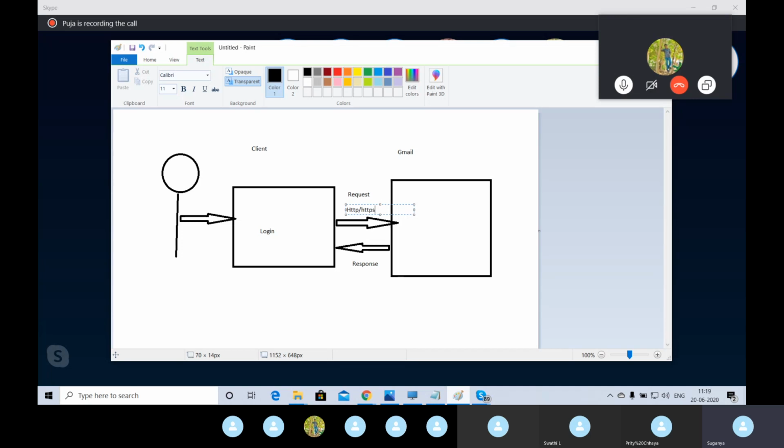This is the generic logic now. Now who is the client? Browser. Very good. Your client is going to be a browser. Who is going to be the server? The Gmail server. So wherever the target point is, where our request is going to hit, it is going to be a server. You got it? This is the client and server logic.